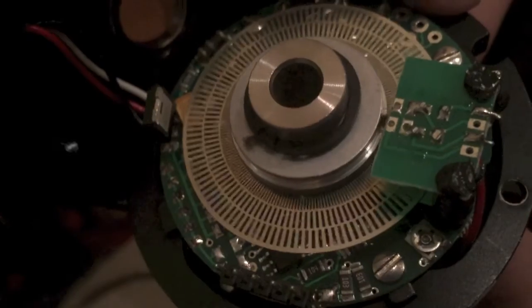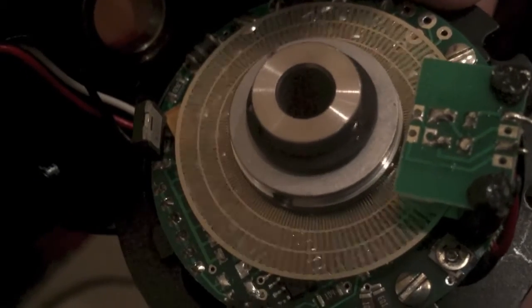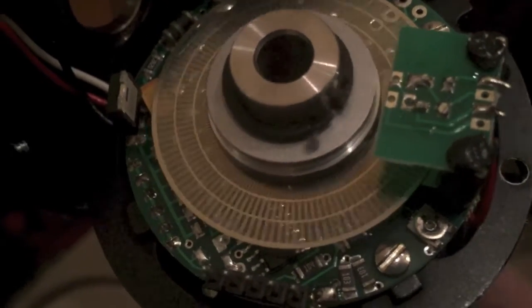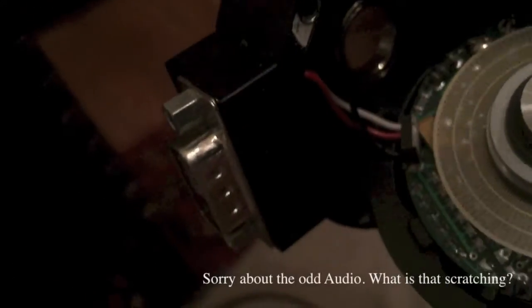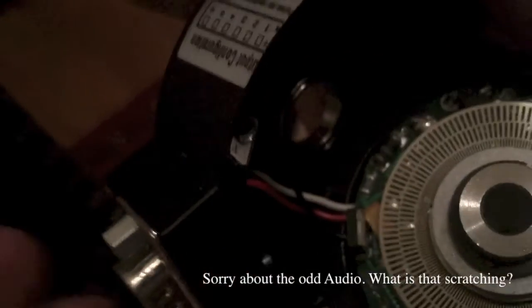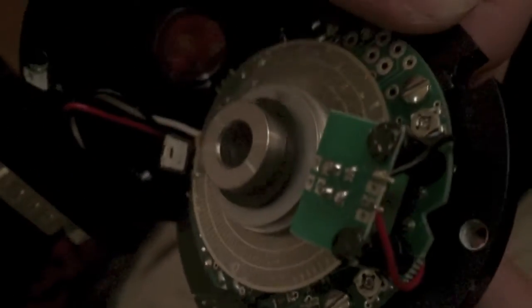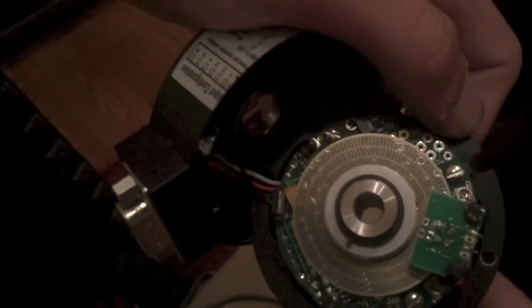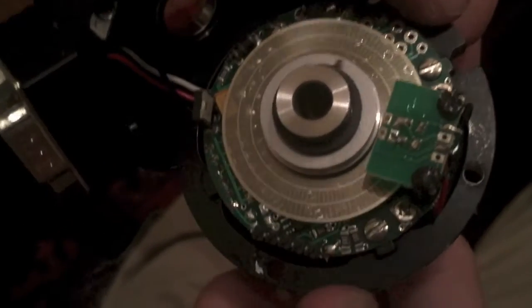Alright, so this is inside one of those encoders. As you'll see, they've got little gaps. And then a light shines through, and it counts how many times the light shines through in a given amount of time. The whole serial port is just for standardization, of course, as it only has, looks like 3 wires: power, ground, and data. So I think I remember these things being programmable, or maybe that was the bigger one, but I'm sure they send out